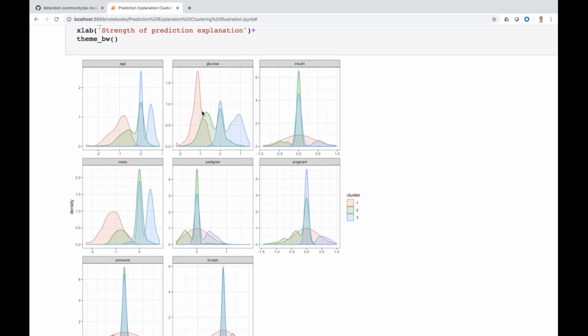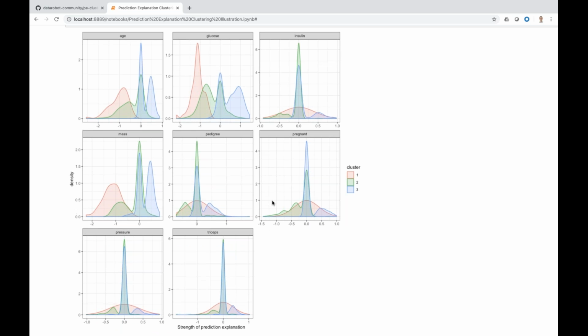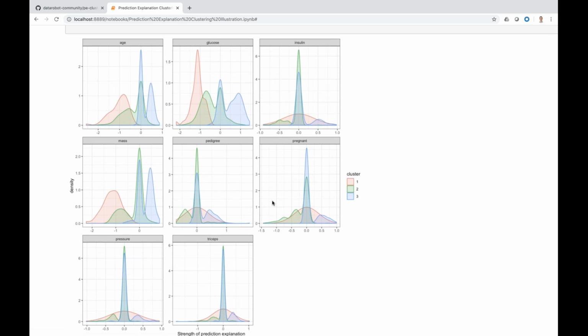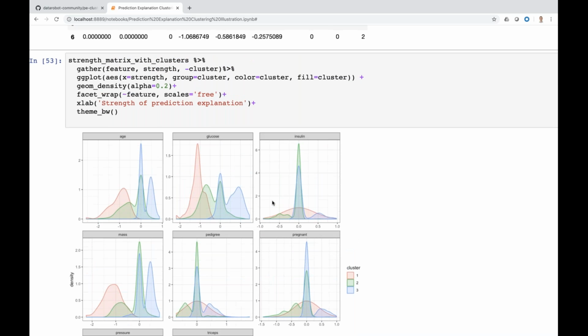And in contrast, for our two low risk groups in the red and the green, we can see how they differ in why they are predicted to have low risk. It looks like, as I mentioned, cluster 1 is tied to age, and that's a protective factor. We can see that because of the negative prediction explanation strength. They also have a protective contribution from their glucose levels. We can contrast that with cluster 2, where they're not quite as young, so age is not as important in their protective factors, and it's concentrated more over these other factors. This is just an example output from this toy data set, but the same style of investigation should be valuable for your own data sets and your own problems.